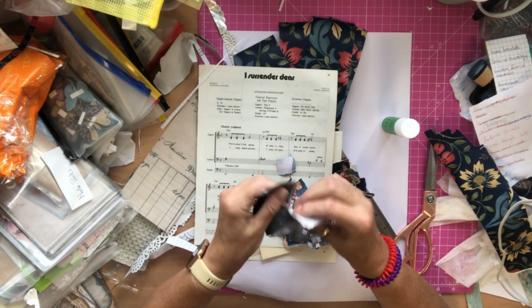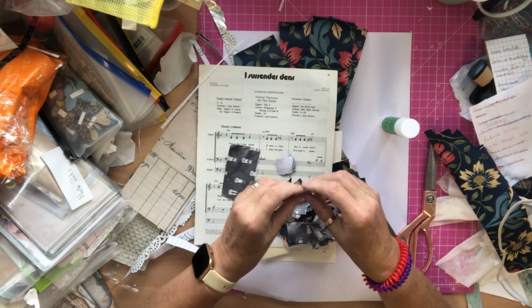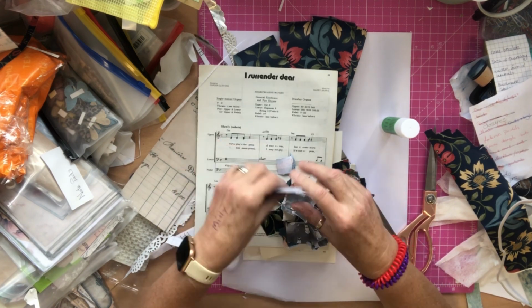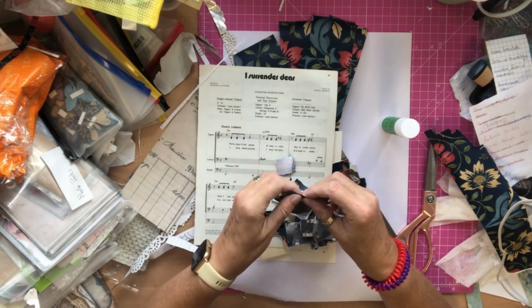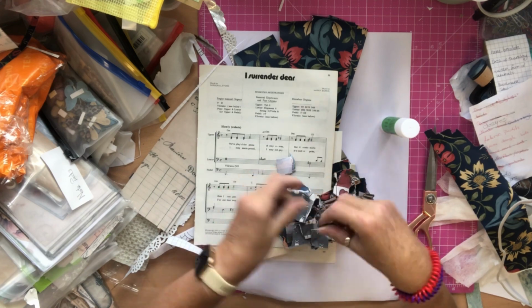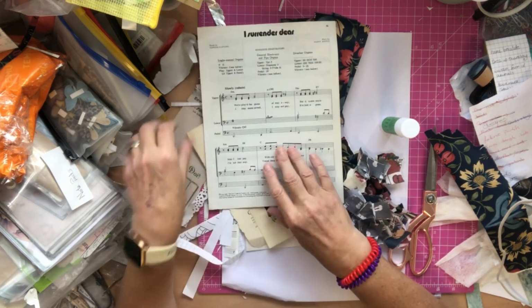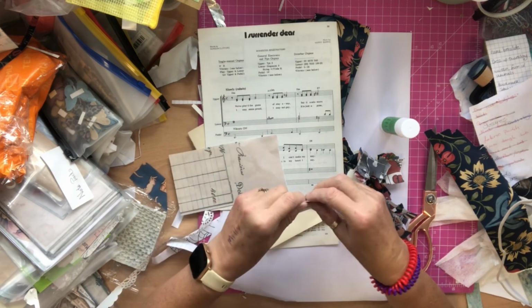But it has recently decided it's not going to wind up bobbins anymore, which is a real nuisance when I haven't got room in here for 2 sewing machines. I've only got room for the one. So I've been hand winding bobbins, which is a pain in the backside. Anyway,